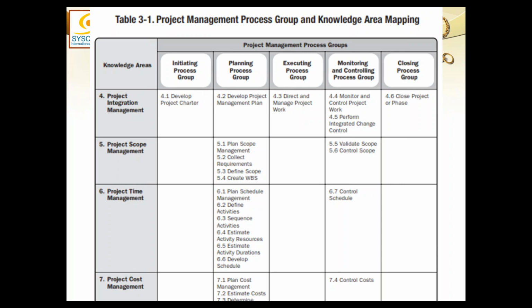But once the processes are done, they cannot be undone. Once they are done, we do the post-mortem in monitoring and control. All the controls here, control scope, control schedule, control cost, and so on, are actually looking at the processes and the work which has happened. None of them is looking at the deliverable. Out of the 11 processes in monitoring and control, only 2 are responsible for looking at the deliverable. One is validate scope and the other is control quality.